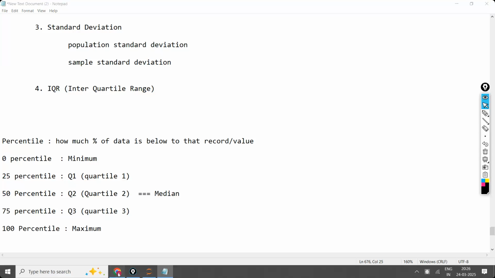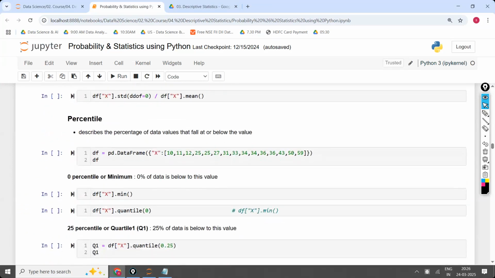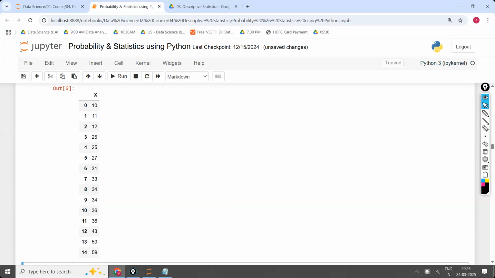Now let us take an example and do it. Everyone please take a note of this example. And this percentile should be calculated on ordered data. It has to be only on ordered data. For example, if they have given unordered data to you, what do you have to do? First you have to put it in order, and only later can you apply the percentile. That too in ascending order.